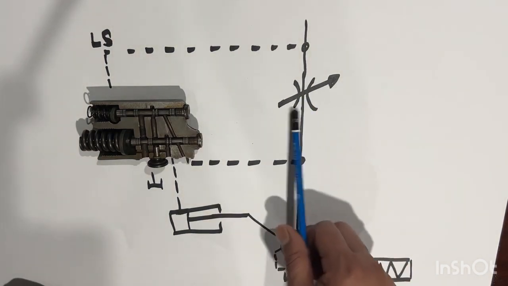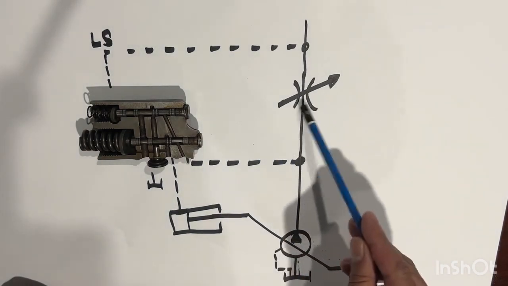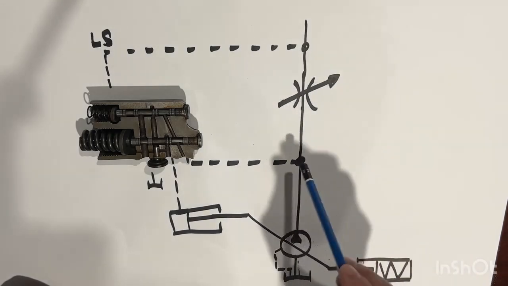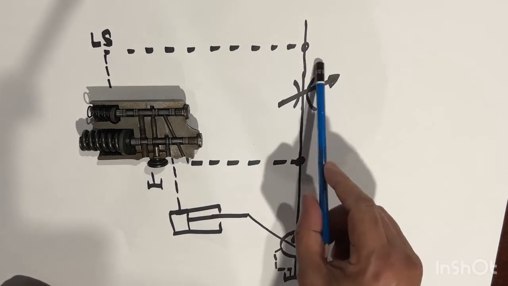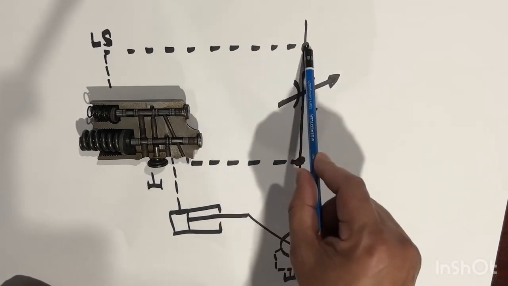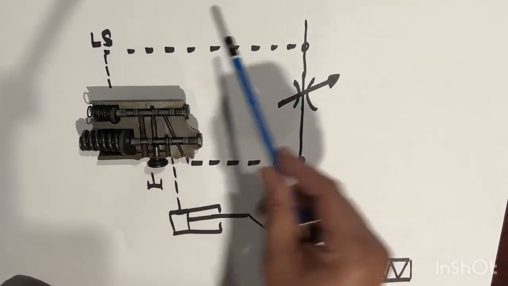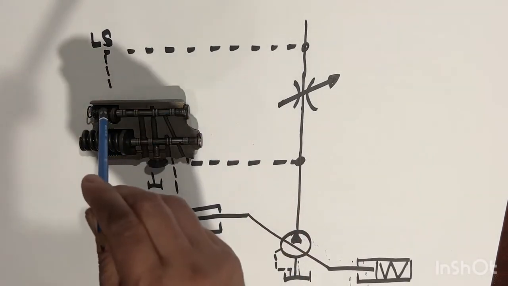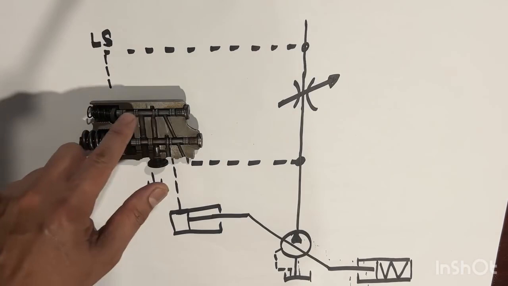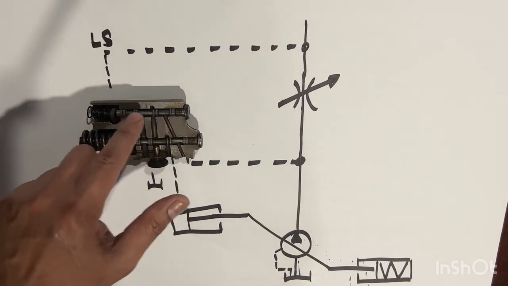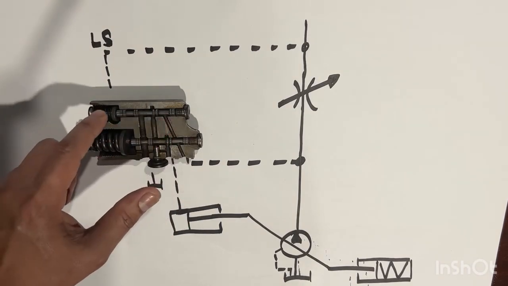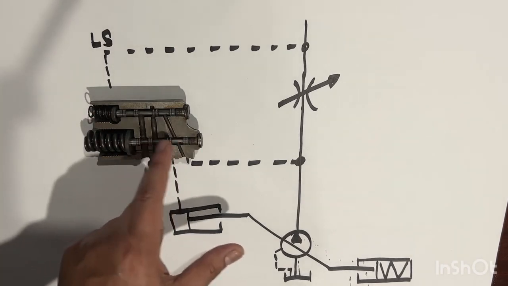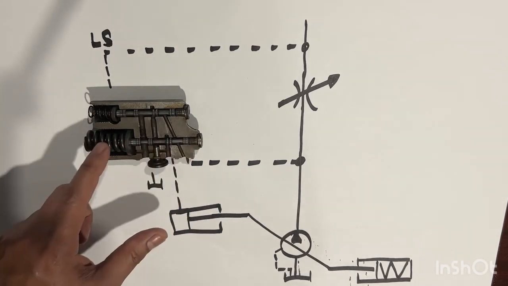This here is our control valve, but I use a variable throttle valve to make delta P between upstream and downstream. At downstream, we have a load sense signal, feedback to port X in this spring chamber. This is our FR spool, which is the flow controller spool, and this is the spring chamber. This here is our pressure cutoff spool or pressure limiter spool, and this is the spring adjustment.